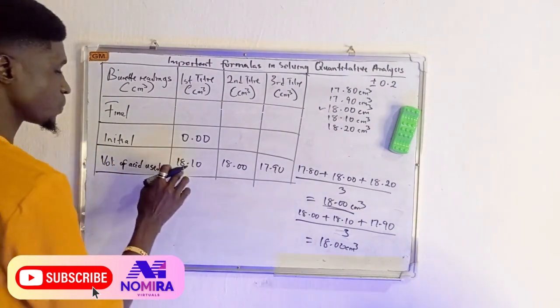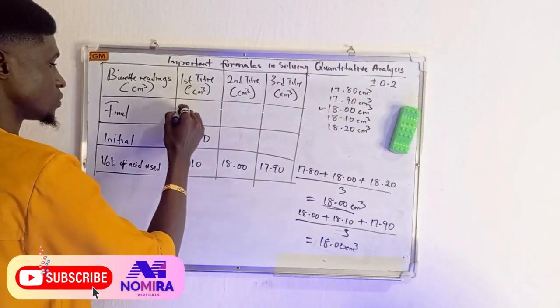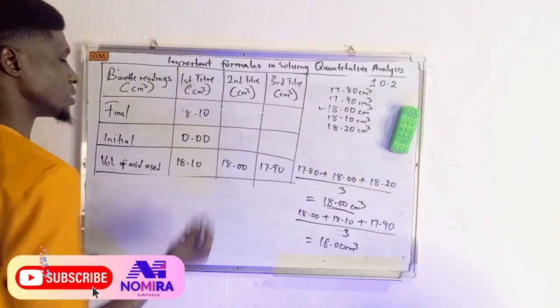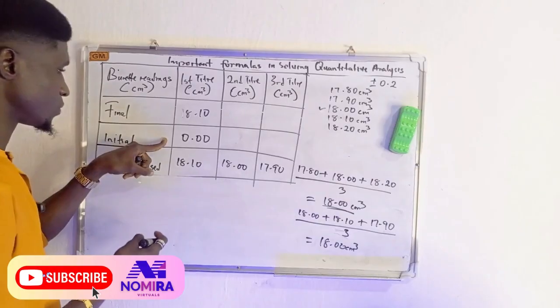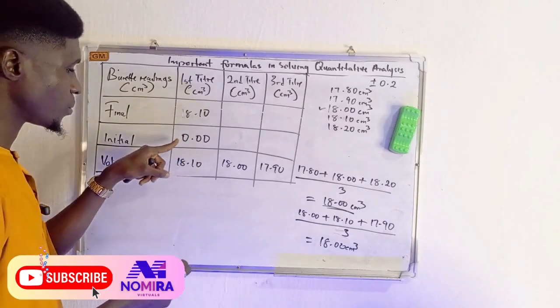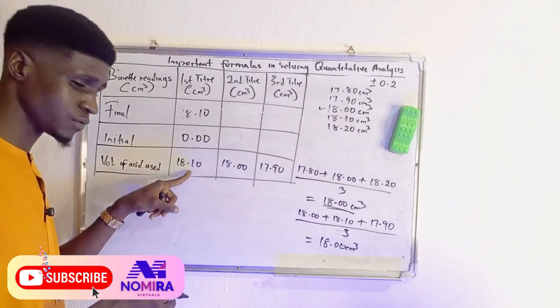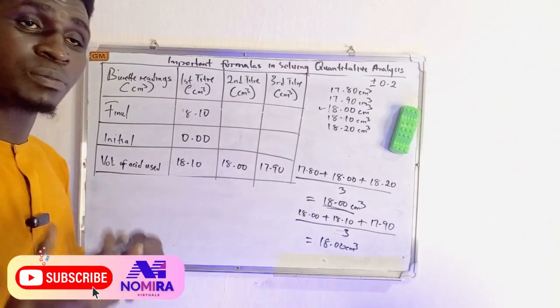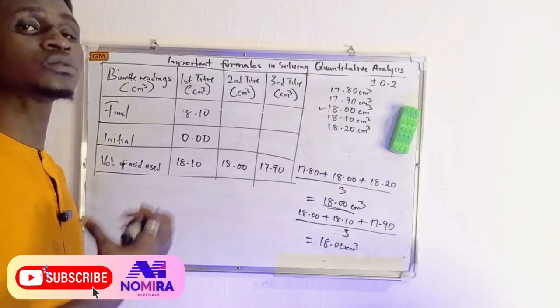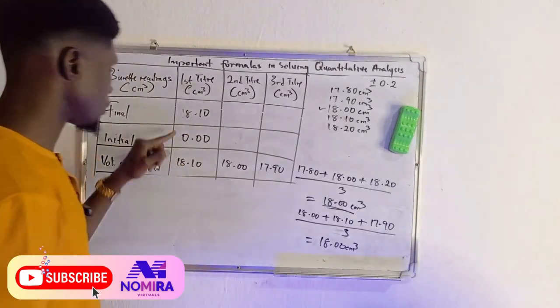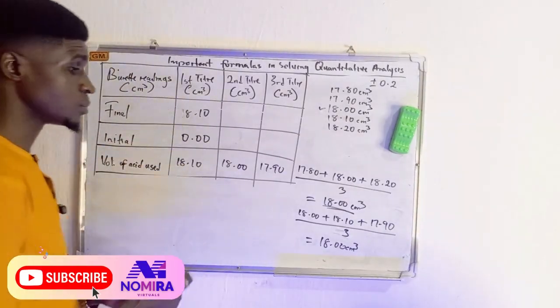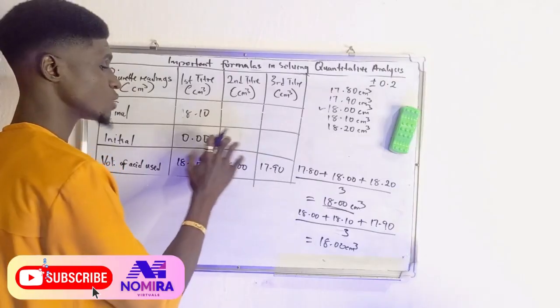Okay, now this plus this will give us this, which is 18.10. The normal way to do it is final minus initial. 18.10 minus 0.00 should give you this. But because we are manipulating our table, we are using our hand to forge or create our own table, right? We can do this plus this to give us this. It is the same thing. So you can put any